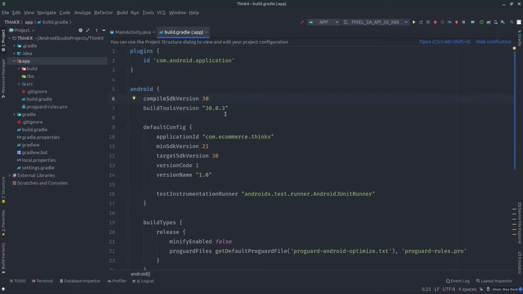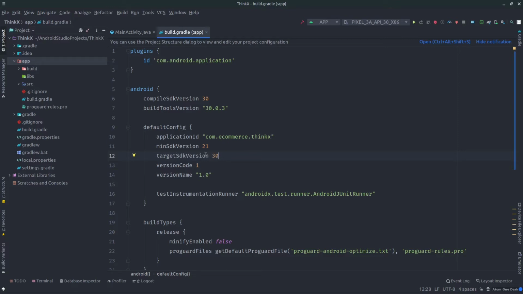And we need to understand the difference between all of them, because if you do some wrong things here, it will impact the whole compilation of the application and deployment also. So we have target SDK version, which is 30, and it basically means that we are going to run this application inside of the Android version which corresponds to SDK version 30, right? So I think 30 belongs to Android 11.